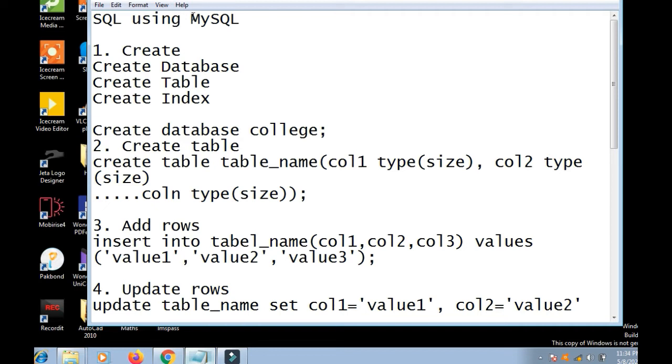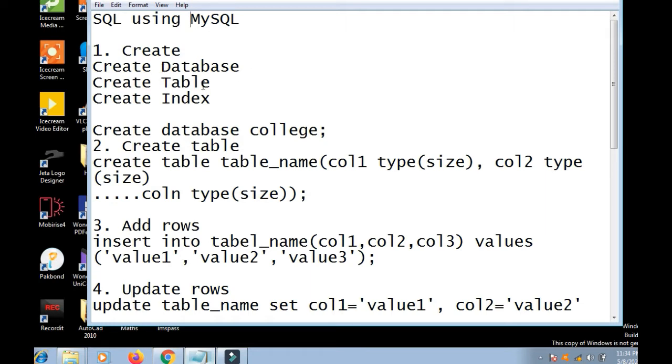SQL is a language to fetch the data, to search the data, to add the data, to delete the data. So this is all data manipulation. First of all we create a database. To create a database we use CREATE DATABASE name.